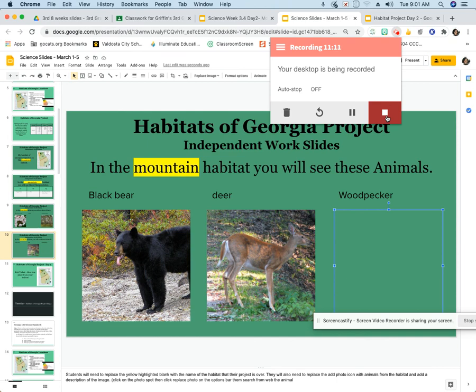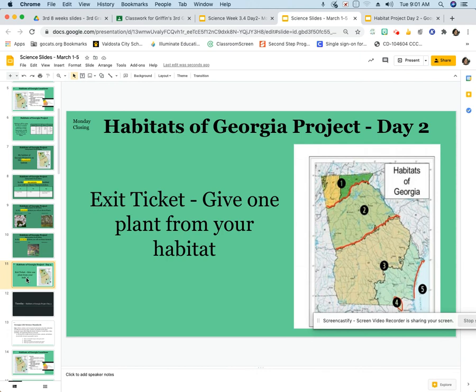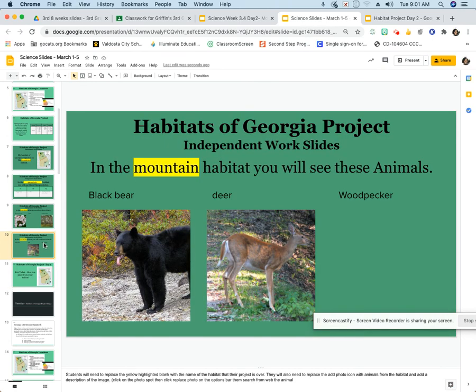And I'll put day 3 up tomorrow. Habitat of Georgia Project, day 2. Get one plant from your habitat. Well, they don't have to do that part. But yes, so I'm going to stop sharing. I modeled